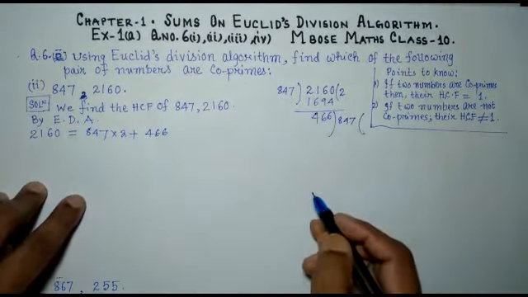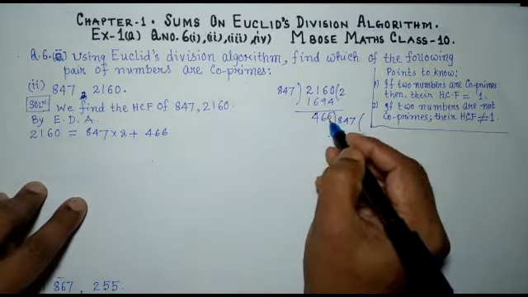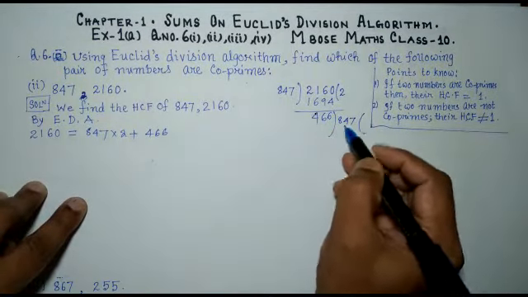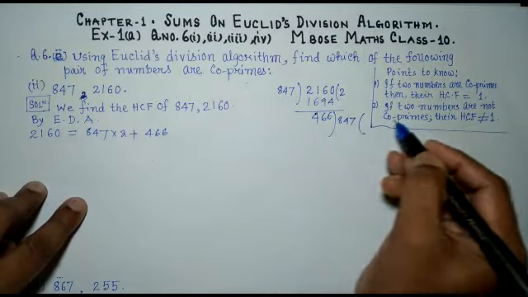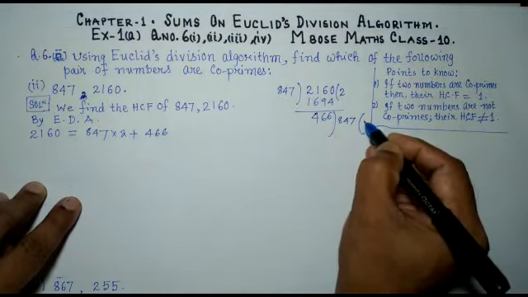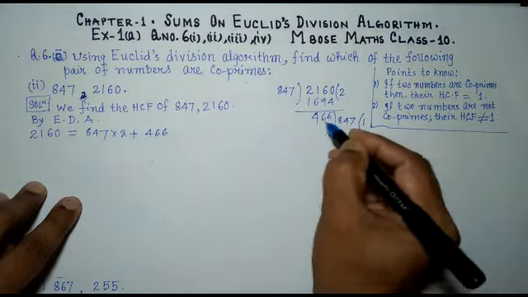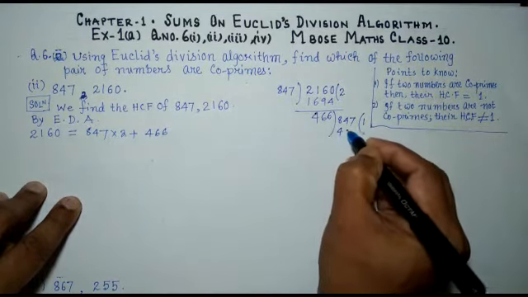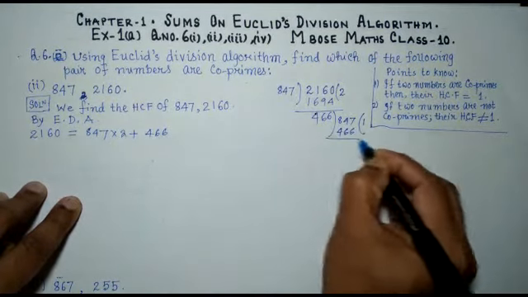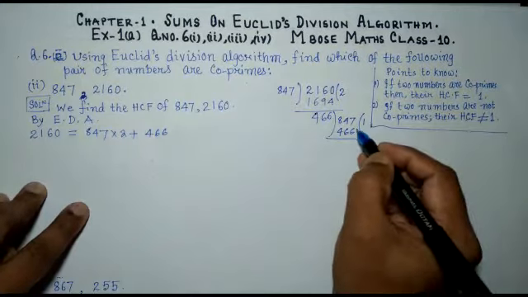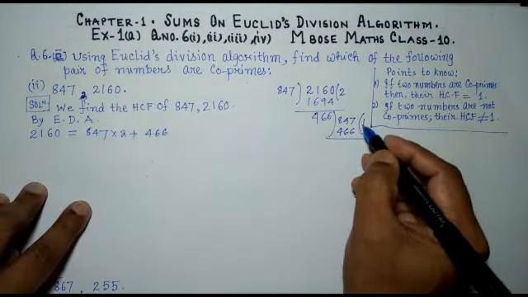See how many times it will go. It is only one time. 1 into 466 is 466. So if we subtract,